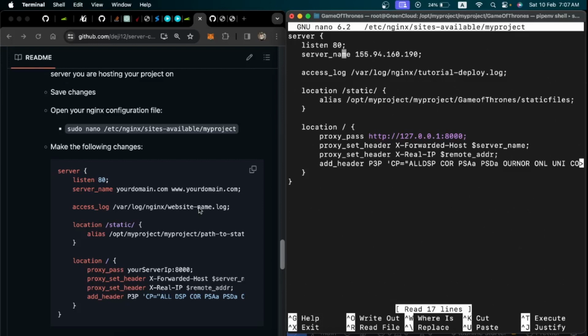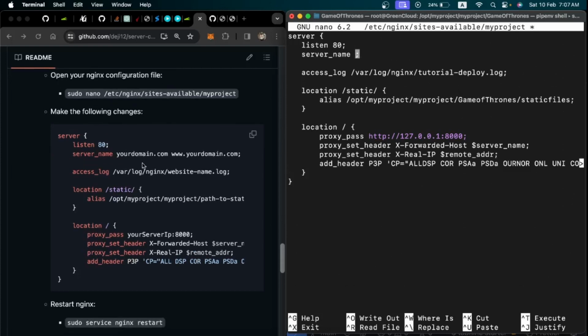So the first change that we need to make is to remove this IP address that is being displayed here for server name, and replace it with our domain name, the domain that we want to use. Now you'll notice that here in the code block, it says that you need to replace it with yourdomain.com and